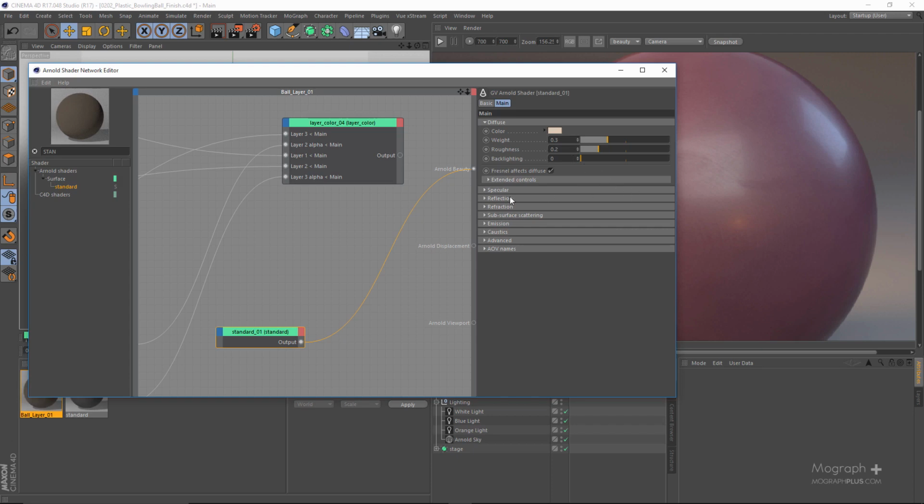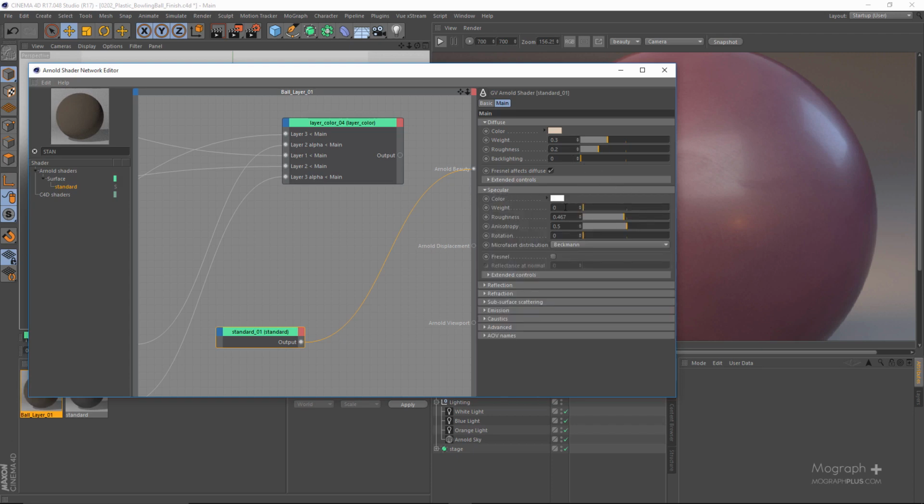And obviously it should have some reflection, just a tad, really, something like that, and it should be very rough, so something like 0.75, 0.8, and that's basically it. Now this is going to be connected to the layer 4, so that's our layer 4,